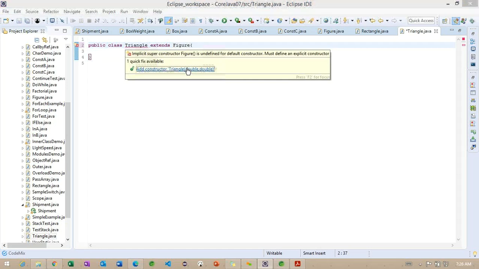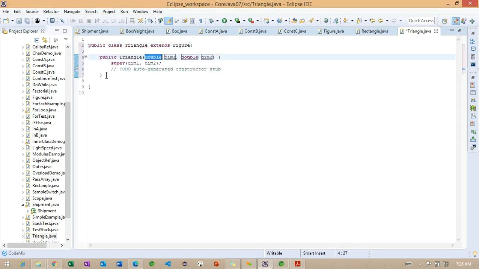We'll create the constructor of this particular triangle, and later the same method I'm trying to override.